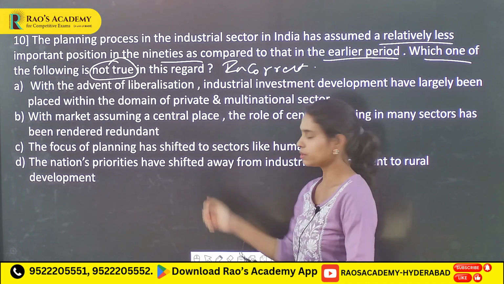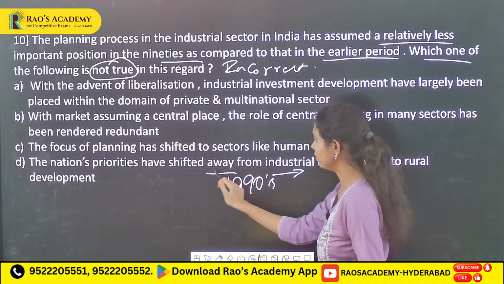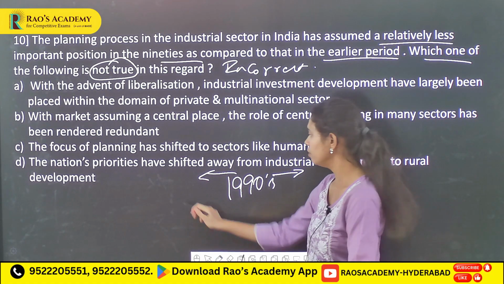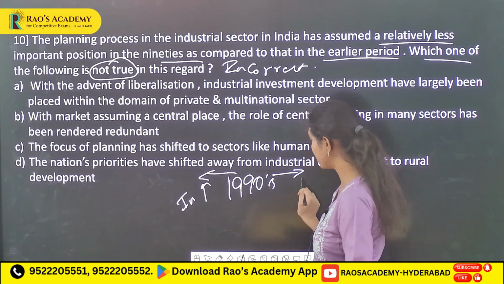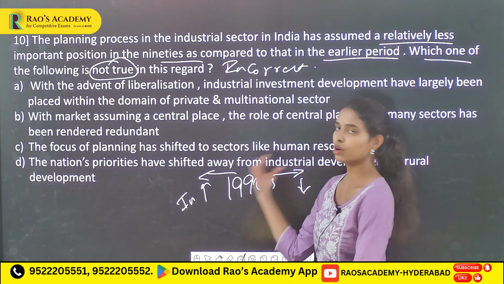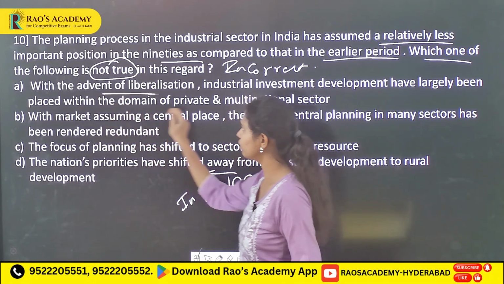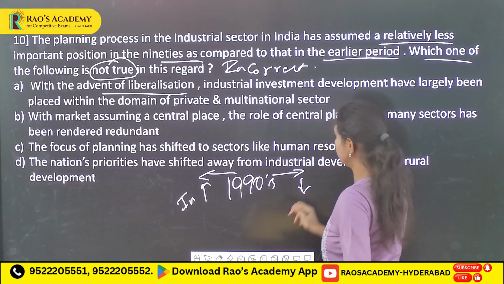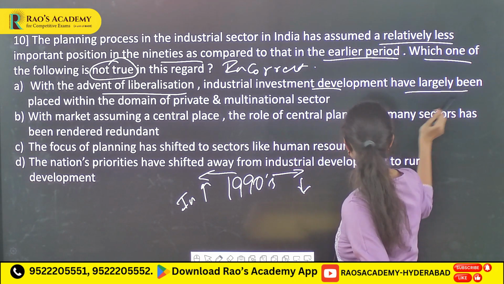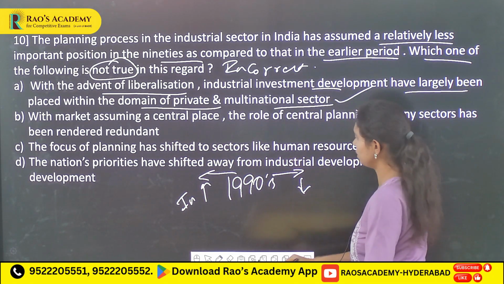Here the given question compares the period after the 1990s with the period before. Before the 1990s, the government planning with regard to industries was greater when compared to after the 1990s. And it has asked which one of the following is not a correct reason. So, if you see these statements, with the advent of liberalization, industrial investment and development have largely been placed within the domain of the private and the multinational sector, which is a correct statement, because after